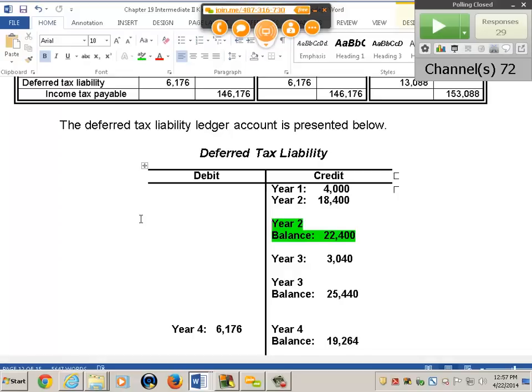So one of the things I want to leave you with is that you have to be very clear to understand the difference between a deferred tax provision and a deferred tax liability. The provision is the change in the deferred liability. So the $4,000 in year 1 is the deferred tax provision for that year, and 18.4 is the deferred tax provision for year 2. Okay. All right, so we're going to